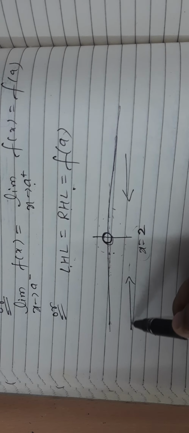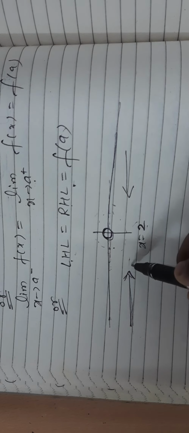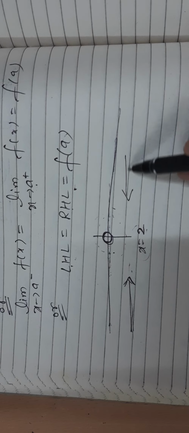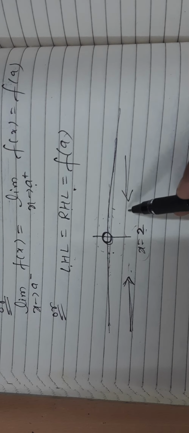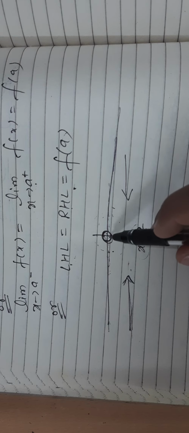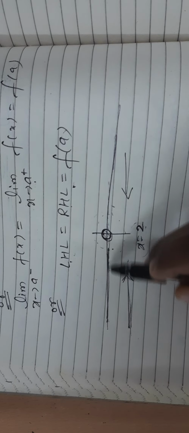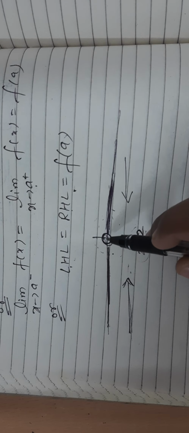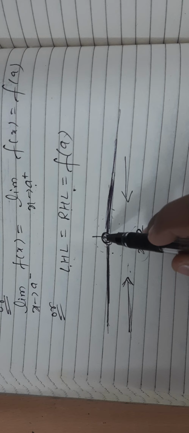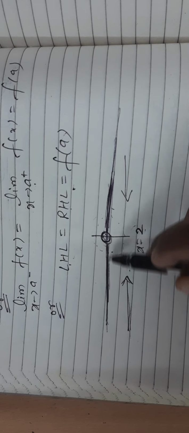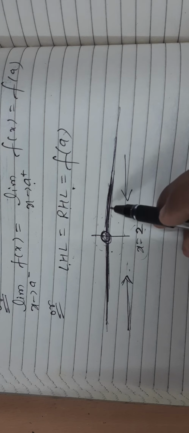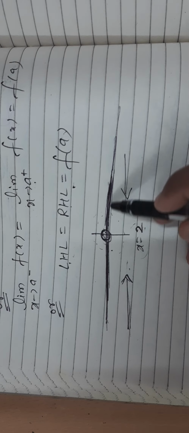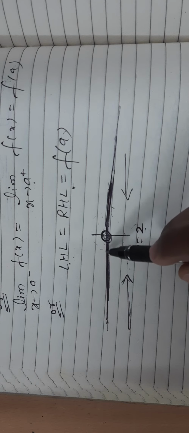Now left hand limit means the function is approaching 2 from its left hand side, and RHL means the function is approaching 2 from its right hand side. Now in continuity we also find the value of the function at the point. So for limit we have included these numbers on the left, and for the right hand also we have included these numbers, excluding this point only. So when we include this number also, we have included all the numbers, which means there is no discontinuity. So in this case the function is said to be continuous at each and every point.